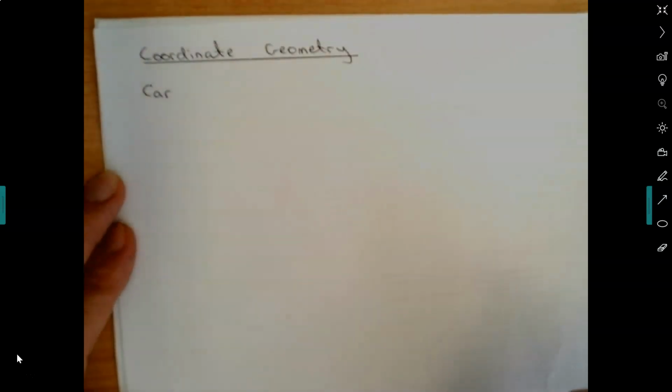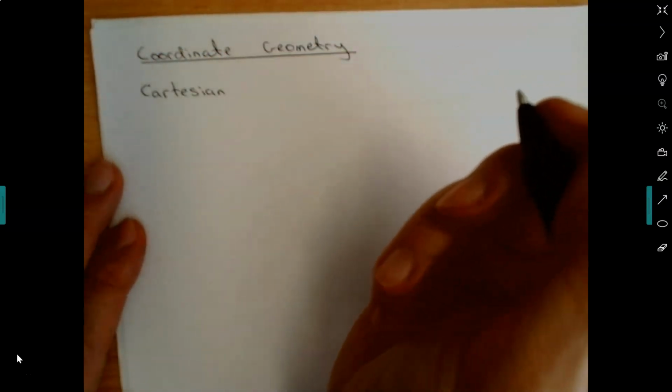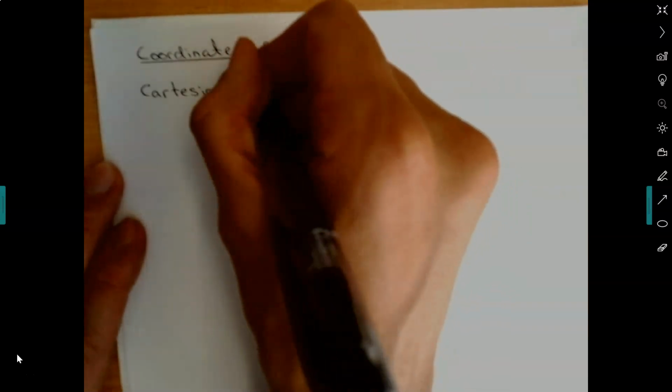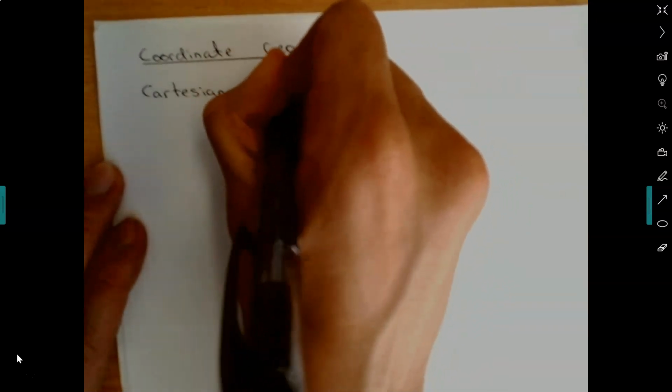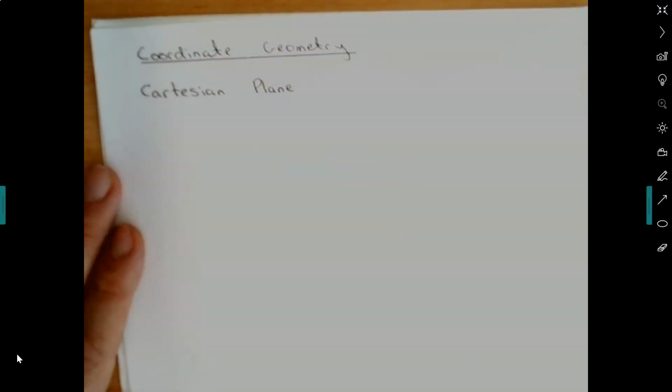So today we're going to look at coordinate geometry. Now the first thing that we need to be familiar with is the word Cartesian plane. So if I said what is a Cartesian plane, would anyone have any idea what that is? Yes? If I'm remembering correctly, it's like an X and Z, I think it's two lines. Yeah,